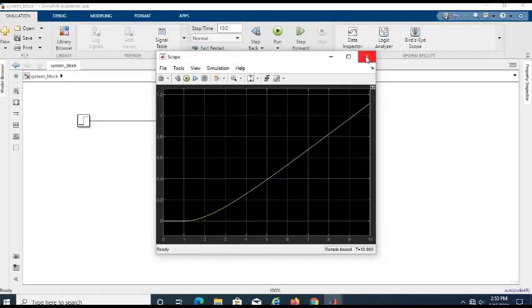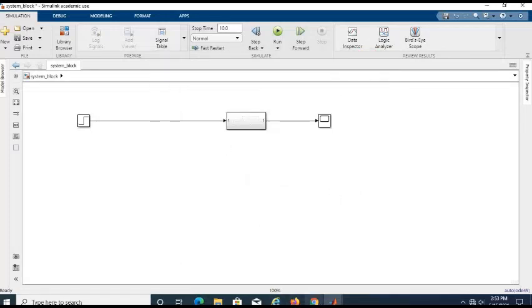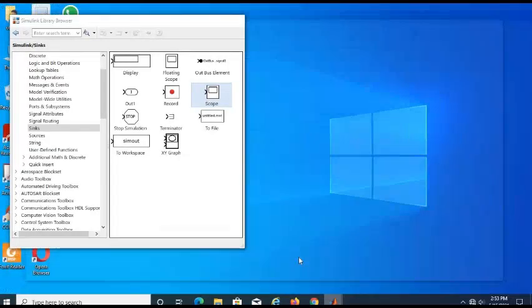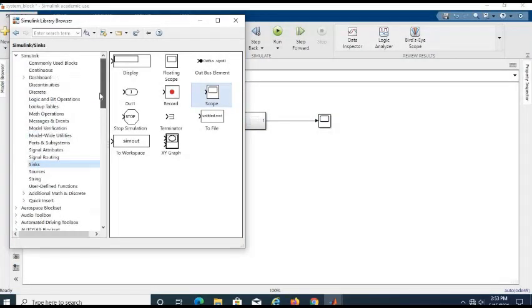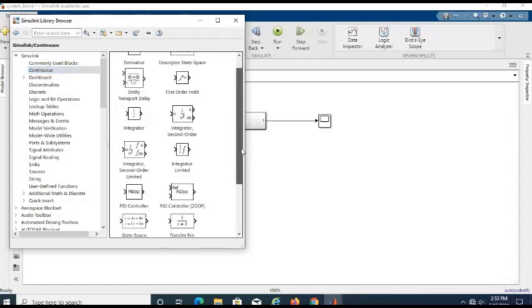If you want to compare with the input signal, it is easy by adding a multiplexer.